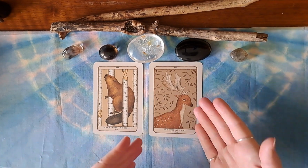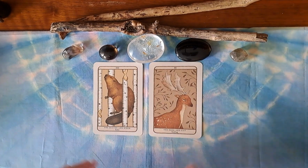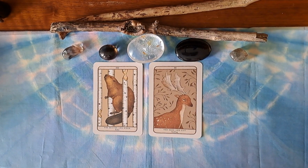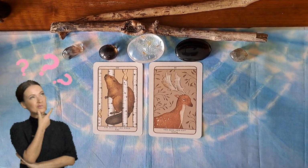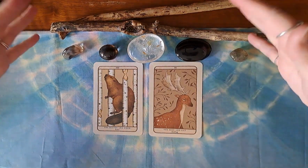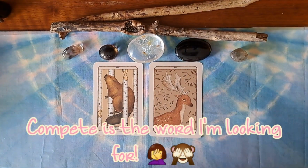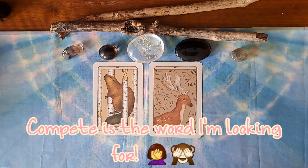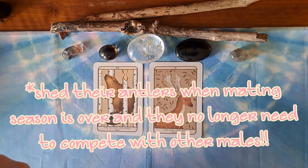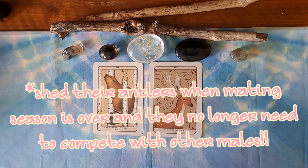And I also think of it as the antlers are dropped to conserve energy for the animal. So, for instance, once the mating season is over and they don't need to use them to, what's the word in English? When they don't need them anymore to, what's that word I'm looking for? Oh, holy moly, I'm going to put it on the screen. I apologise. Whatever that says now, whenever they do that, they drop their antlers to conserve their energy under the